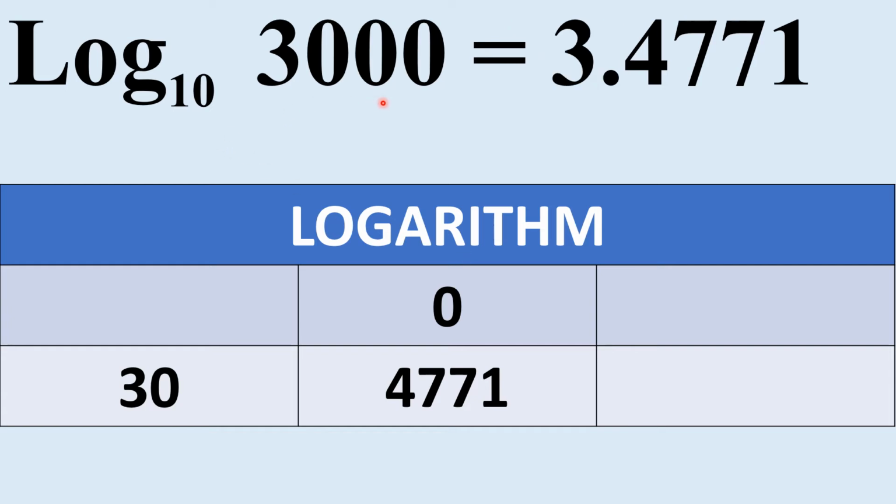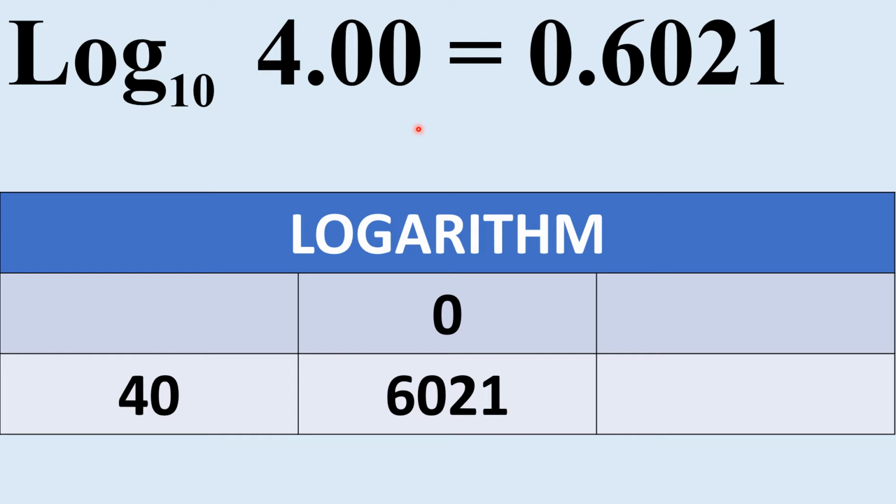The value of log 3000 is equal to 3.4771. Here 3 is the characteristic and 4771 is the mantissa. How to write the characteristic? After 3000 the decimal is there. Behind the decimal 4 digits are there. From that 4 you have to subtract 1. So you'll get 3 as the characteristic. And how to write the mantissa? In front of 30 under the column 0 in the logbook you will get 4771. That 4771 you have to write in front of the decimal and it becomes the mantissa. The value of log 3000 is 3.4771.